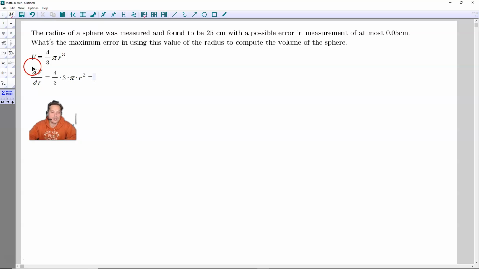Notice that you have a 3 in this position, so you're going to cancel those. This 3 here will cancel with that 3 in the bottom. So when you do that, it's going to give you essentially 4 pi